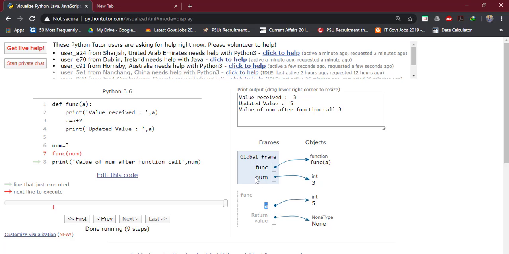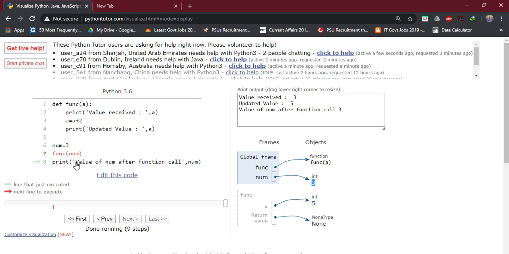The variable num is still pointing to value 3. So when we come out of the function, the value of num does not get changed. We can conclude from this program that for an immutable data type, the value will never get changed.